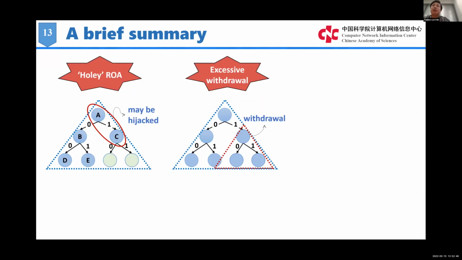Now I will make a brief summary of the issues. First, with the max-length encoding, a set of IP prefixes have to be authorized together. This operational granularity makes security and scalability the 2 sides of one coin. If we prefer security, we may have to issue a large number of ROAs to avoid or reduce holy ROAs. In contrast, if we prefer scalability, we may produce many holy ROAs, which are threatened by forged